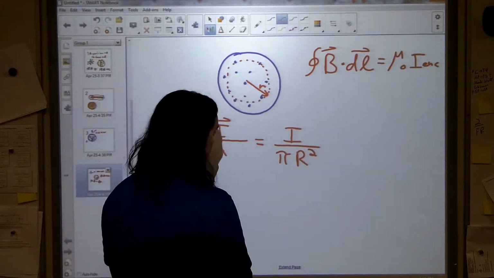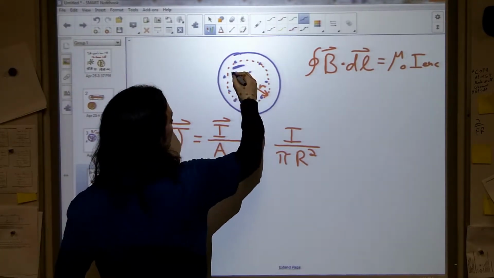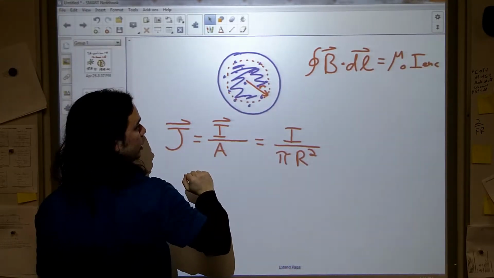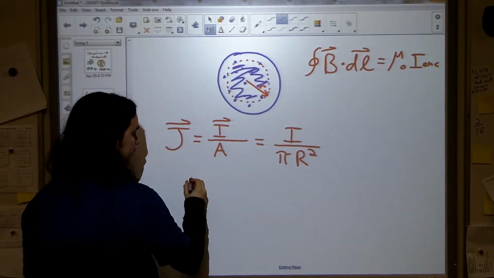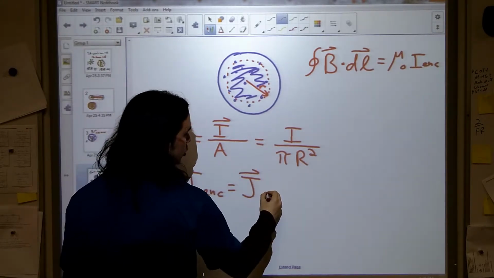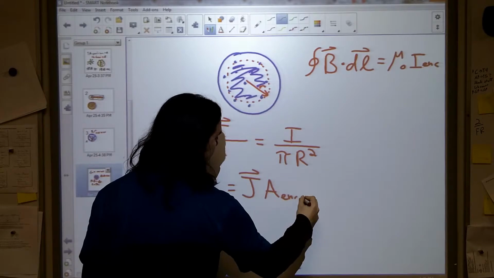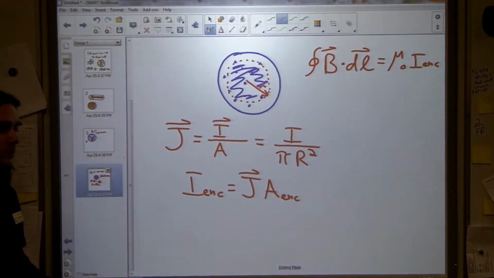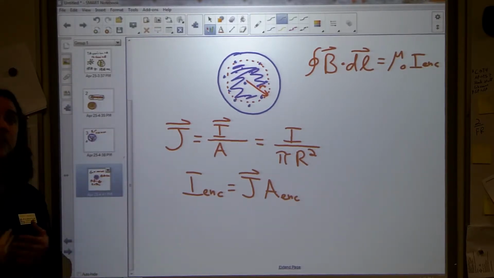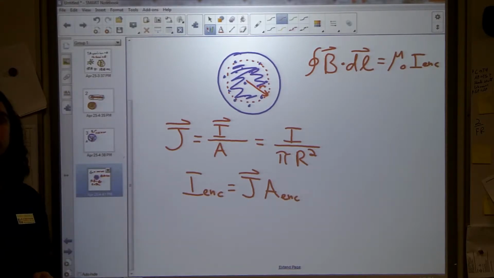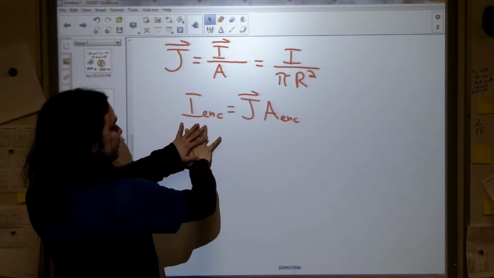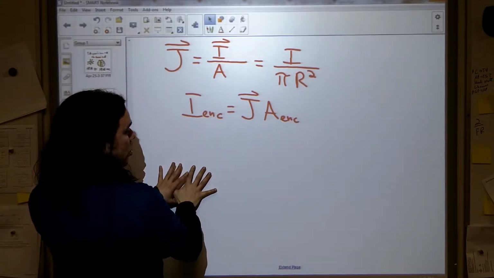If I want to find the current that is enclosed, then I'm finding this region here. So this is my current density, which is uniform across the entire cross-section of the wire. I can find I enclosed by taking my current density and multiplying it by the area enclosed. This is exactly like what we did with Gauss's law. We would take the charge density, charge per unit volume, and multiply it by the enclosed volume so that we could find the total charge in our bubble. By the same token, we have taken the total current, divided it evenly, because it's a uniform distribution, over an area,